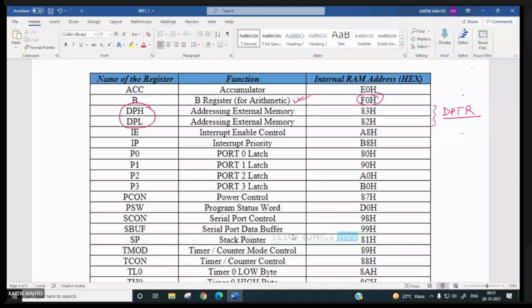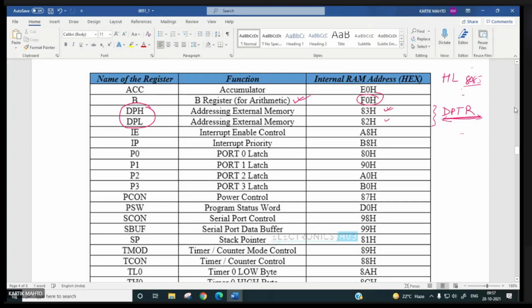So, if you recall, HL we were using as memory pointer in 8085, no? So here we have DPTR, which is used as a 16-bit memory pointer. When you have to send a 16-bit address to external memory, these two registers, DPH and DPL, will be used.